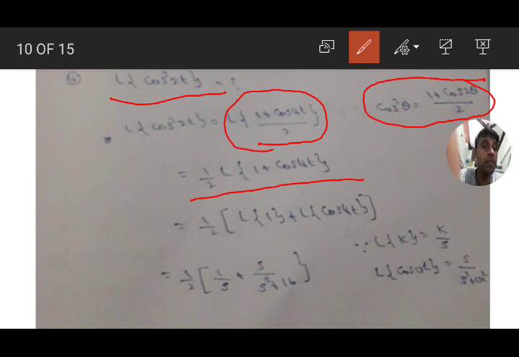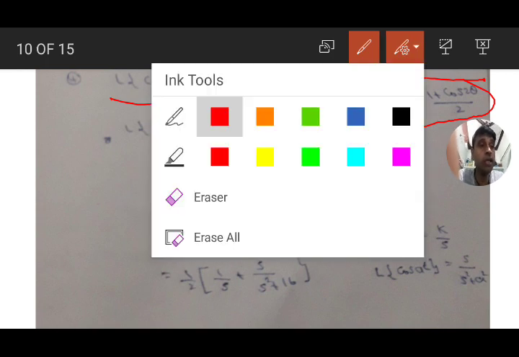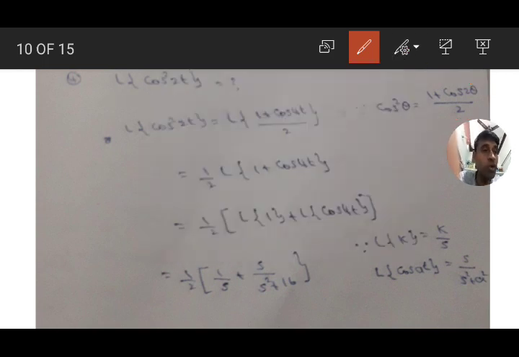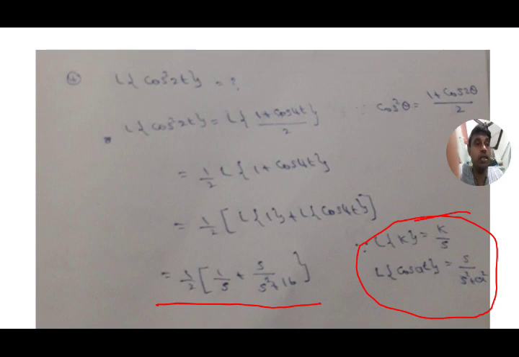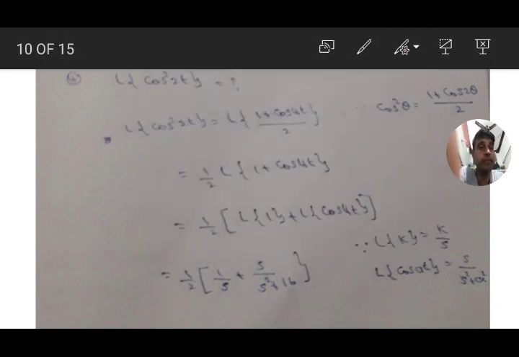So here also it is a sum of two functions. So Laplace transform of 1 plus Laplace transform of cos 4t. Okay, cos 4t. So here we need the formula for L of k and L of cos at. L of k means k by s. L of cos at means s by s square plus a square, where a equal to 4. By writing here, we get the answer 1 by 2 into 1 by s plus s by s square plus 16. Okay, next we will go to the next problem.